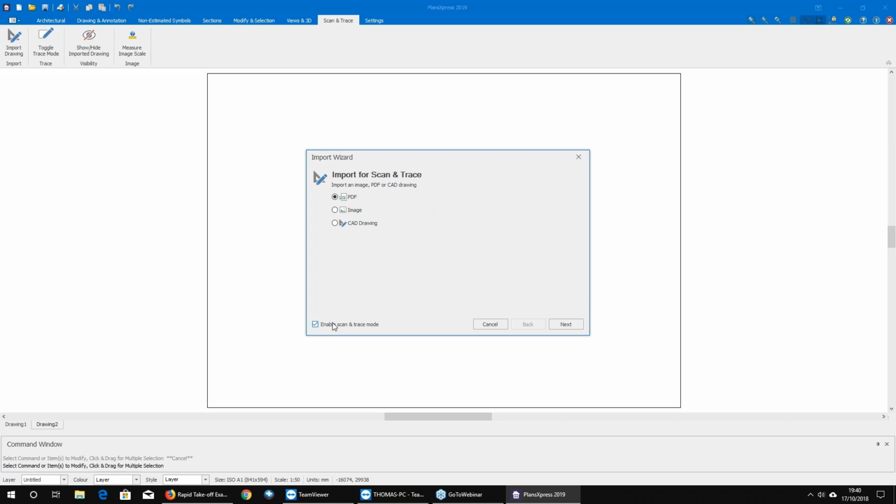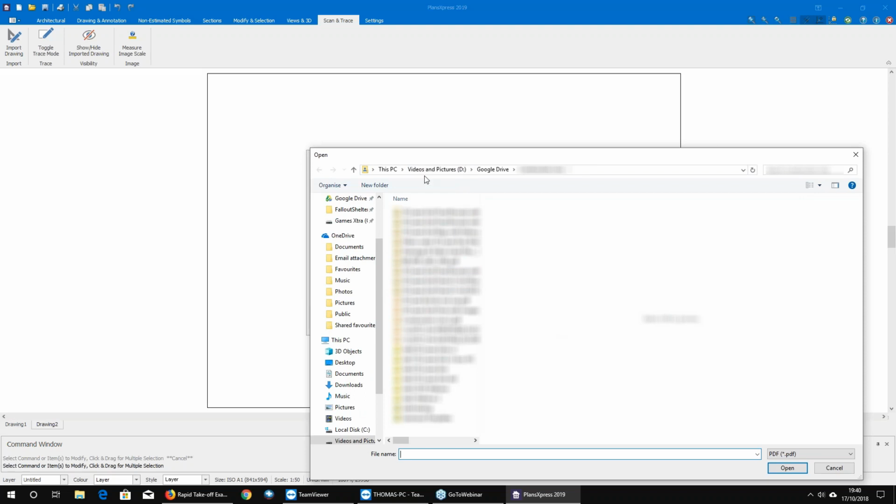When you've got this menu up, it'll have an option to untick for enable scan and trace mode. It's going to be ticked by default. This just changes everything to the scan trace pens that you've known previously, with the different color lines bolder, so we can see what we're going over the top of. I click next,